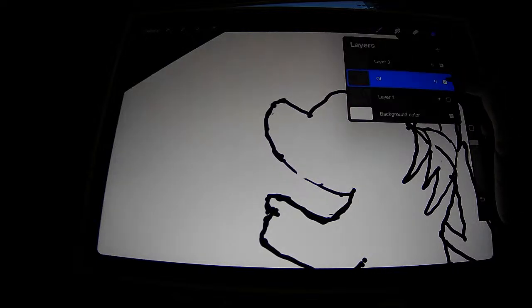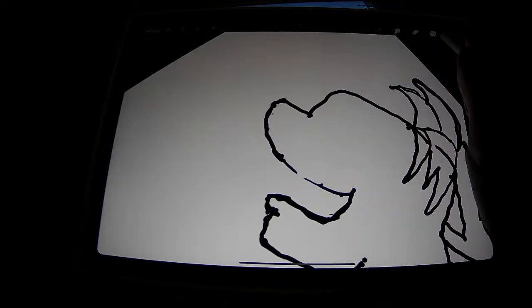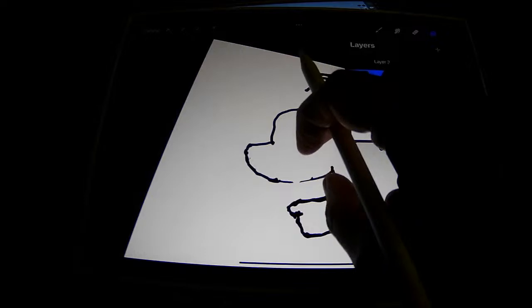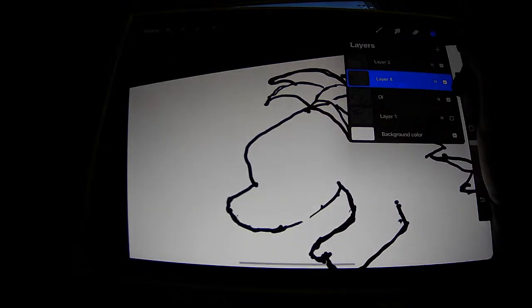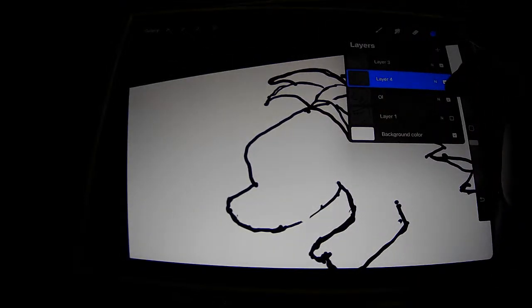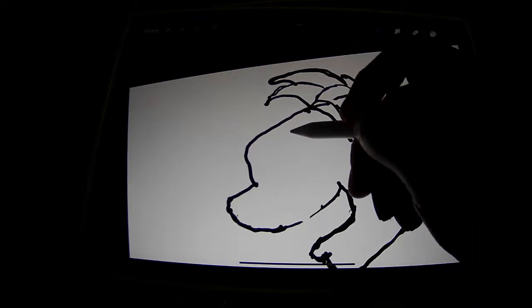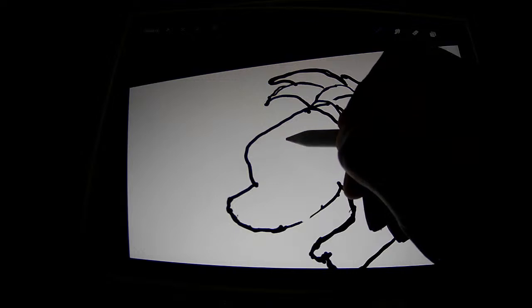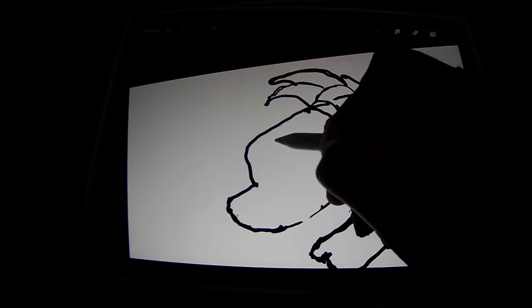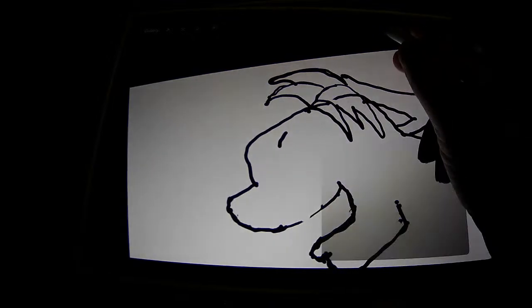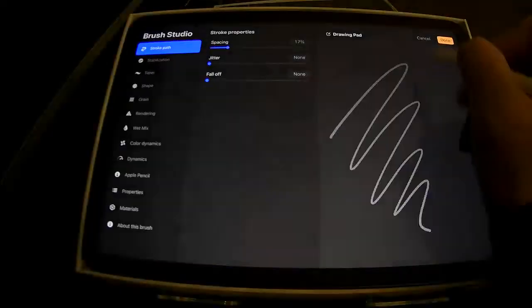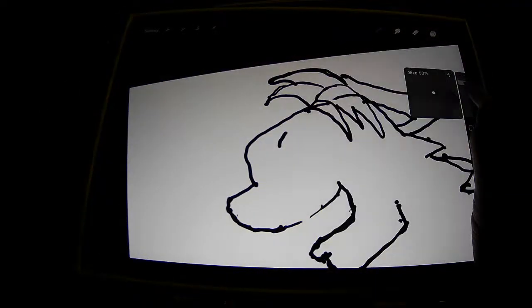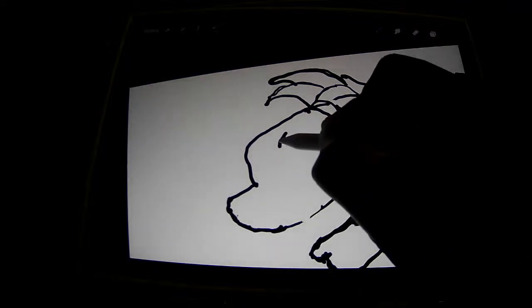Which layer am I on? That's one thing you want to not forget. What I'm finding is that if you can switch between vector and raster, like Procreate is raster, Ibis Paint is raster, or bitmap images is what they call them, if you can switch between a raster and a vector application, it's really kind of relaxing to just do a very freestyle